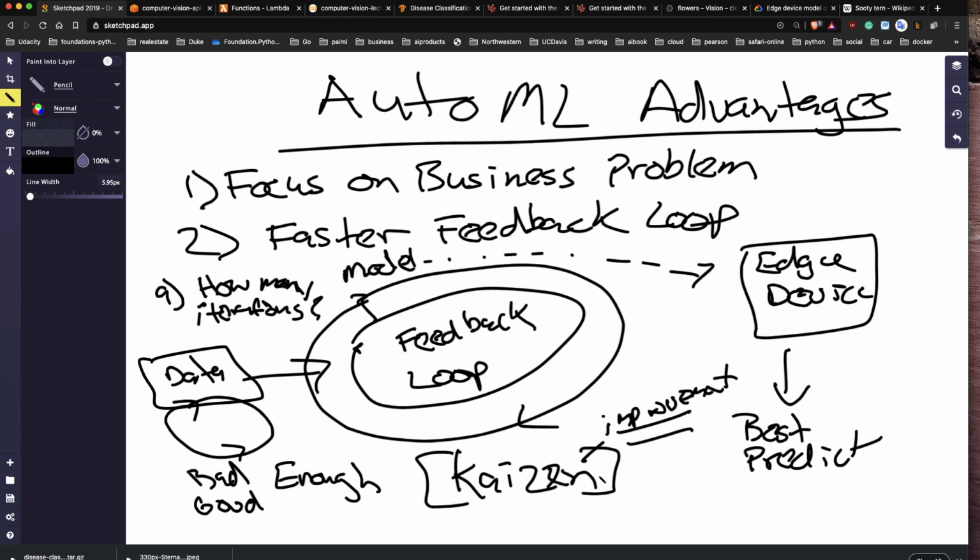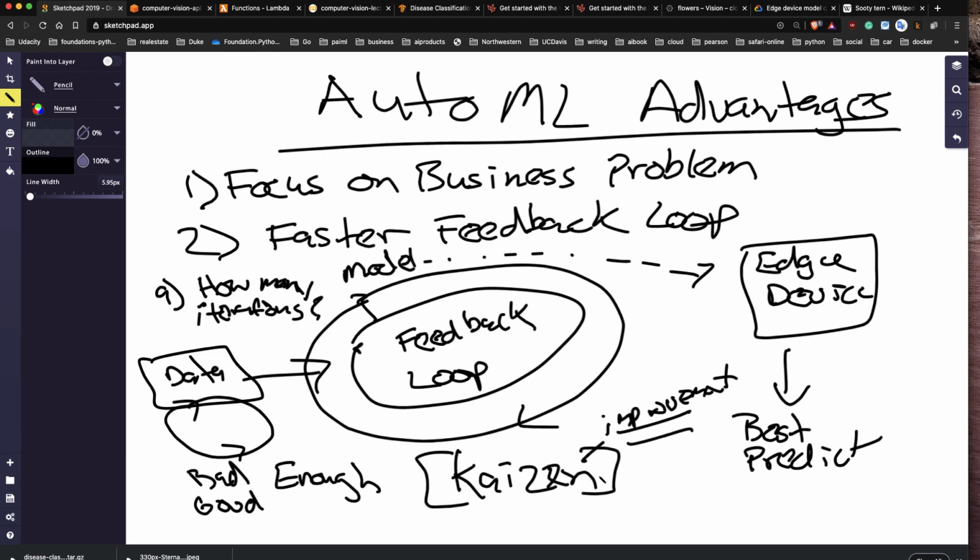Let's get more images. But how do you know unless you've put it through the feedback loop? Likewise, on the flip side, if you spend all of your time training the model by writing the code yourself and you get one feedback loop, I don't think that's the best way to get to the solution, because